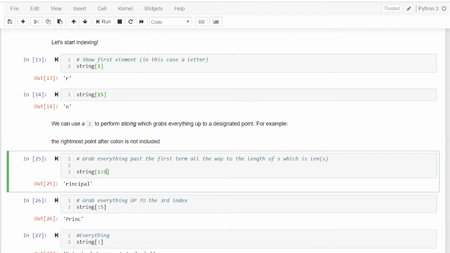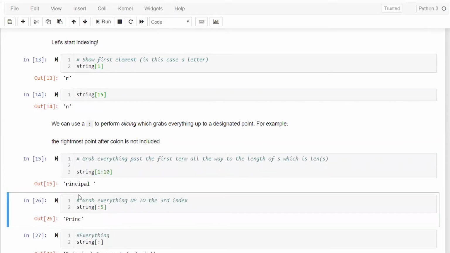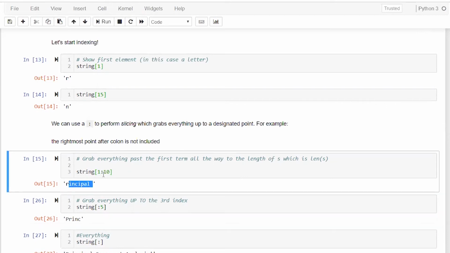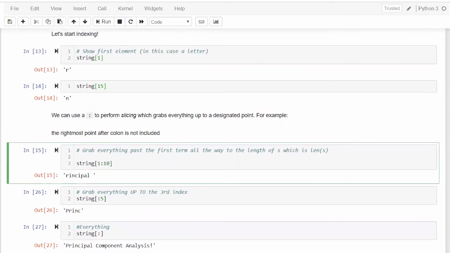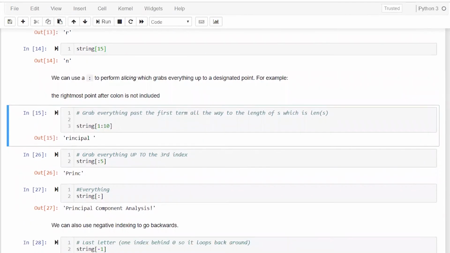When you specify 9, and let's say I specify 10, I should get a space here. So I am getting a space here as well. The element with index 10 is the 11th character, but it's not included. So when I do the substring using the colon, you specify the starting index, you specify the ending index, but that will not be included. So these are the conventions in Python for extracting substrings from a larger string. That's the way it works.